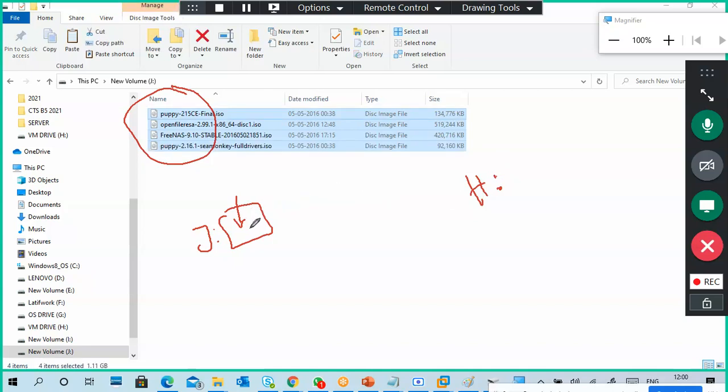No. The content of the J drive actually stores in the H drive, dy vdisk 2. It stores here only, but it looks like a separate partition or a separate drive. So this is the virtual hard disk, and this is the location of the virtual hard disk.